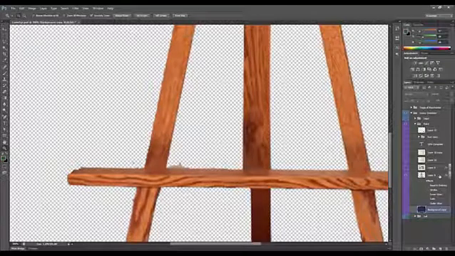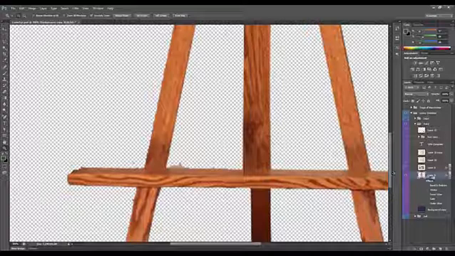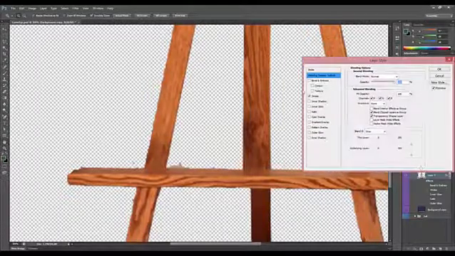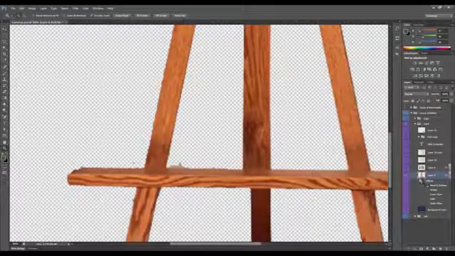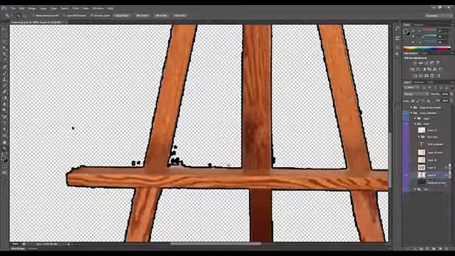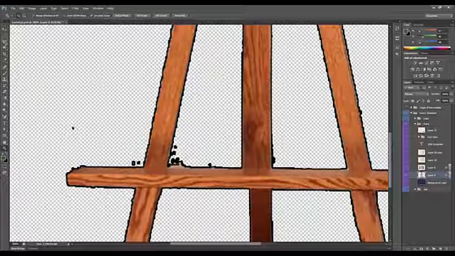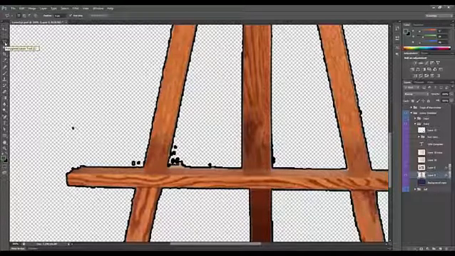If I double click it though, we can go to layer effects. Sometimes it's a bit slow. There it is, and I added a stroke to it. And now you okay that, and I turn them back on. And there you go, you can see this black line is the stroke. Now if you want to be more detailed, you can go in with something like this lasso here, polygonal lasso, and you can just take out all the bits that are showing up as black, like that.